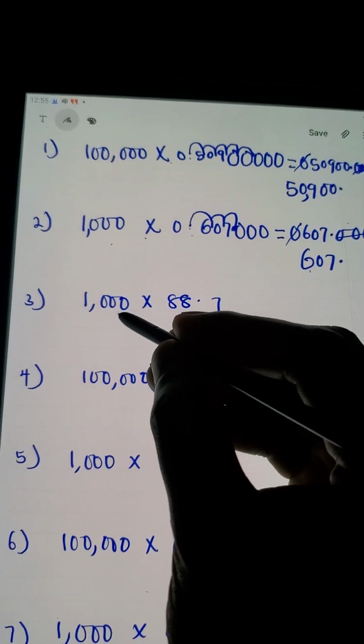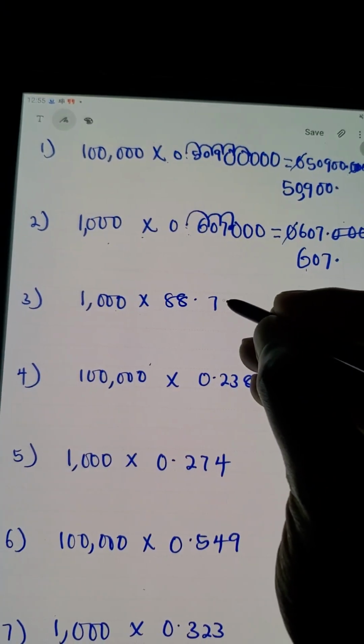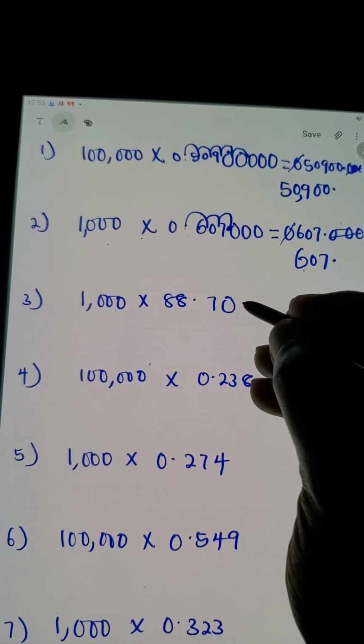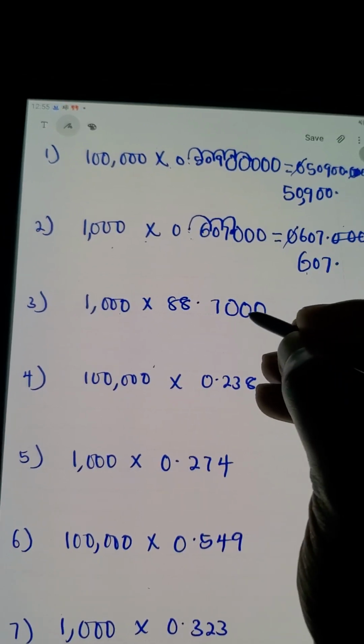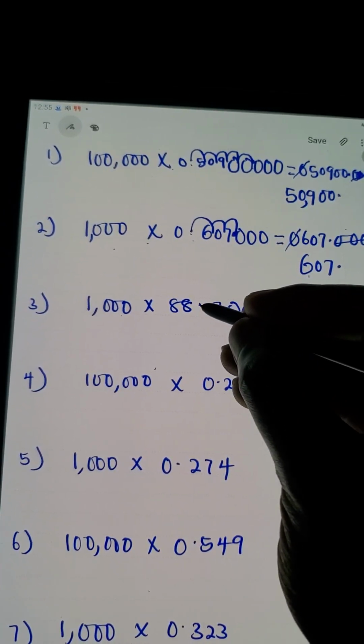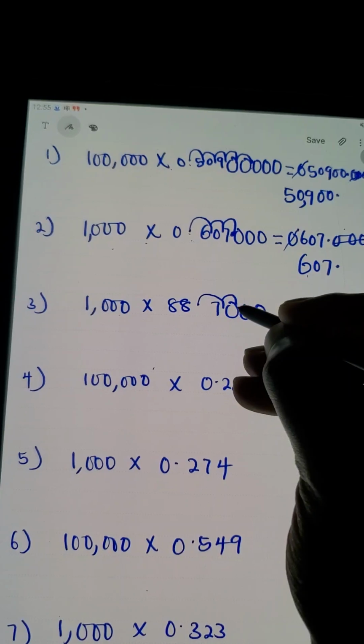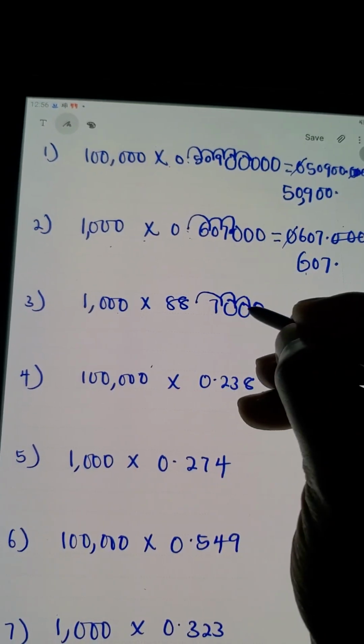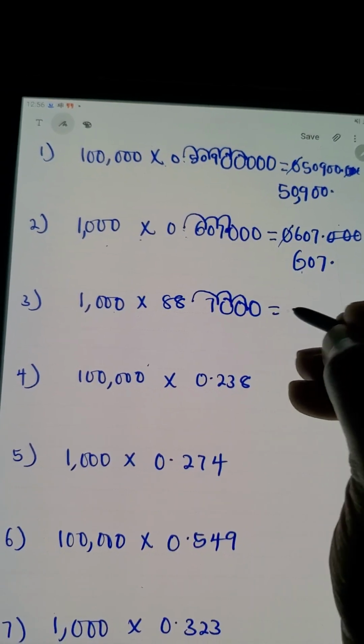Same thing applies to question number 3. Consider the number of zeros that 1,000 has. 1,000 has 3 zeros. Add 3 zeros to the front since you are multiplying. 1, 2, 3. Then from this point, count 3 numbers forward. 1, 2, 3. Okay, it means you've changed the position of the point from here to this place. Then the final answer is